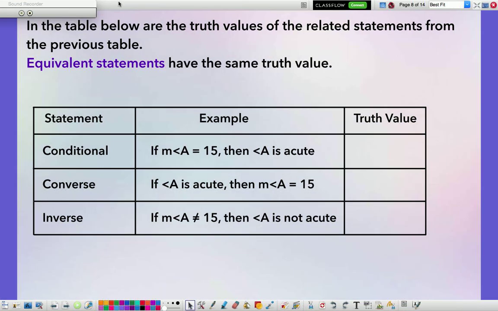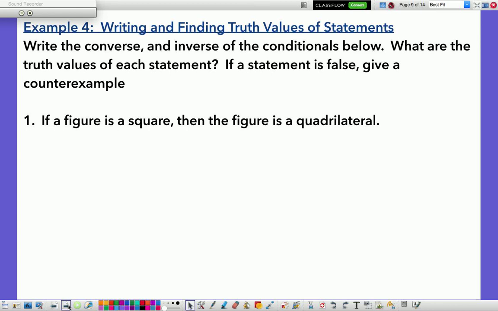All right, what is next? Okay, so we are given a conditional statement below. We're going to write the converse, and then we're going to write the inverse, and give the truth values for both statements. If a statement's false, then we're going to give a counterexample. Okay? So it says if a figure is a square, then the figure is a quadrilateral. Okay, so let's write the converse. So when we write the converse, we're going to make this,